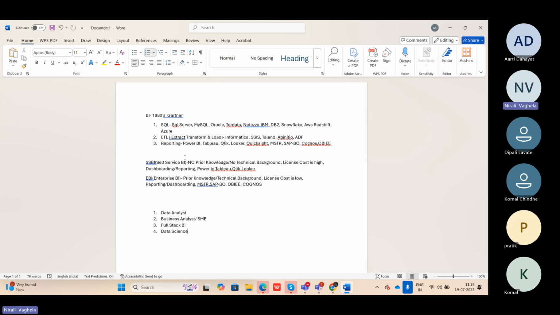Let's say there is an XYZ table in a SQL Server database. In any mode you choose, import mode or live mode, you have to connect to this data only. What import mode does is it fetches the data and puts it in your particular file, basically in your Power BI file. Here, let's say it will have 100 records.